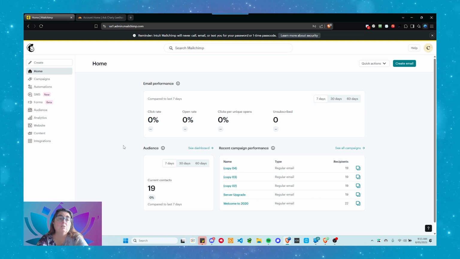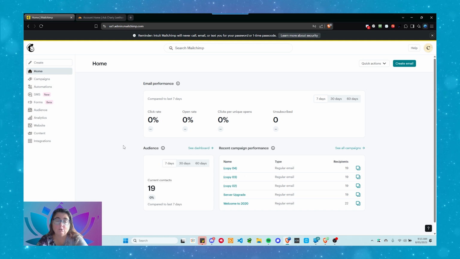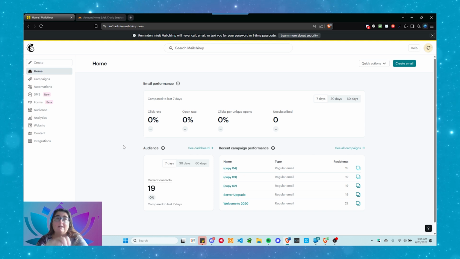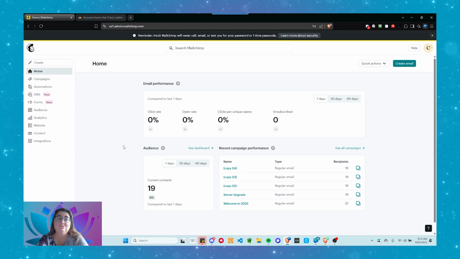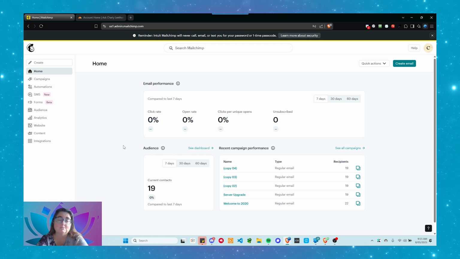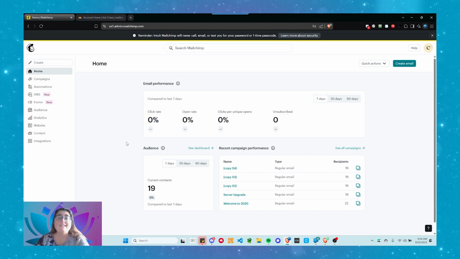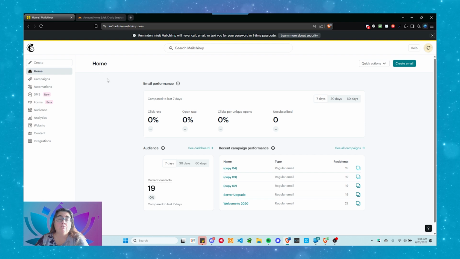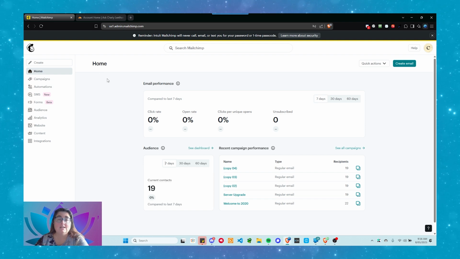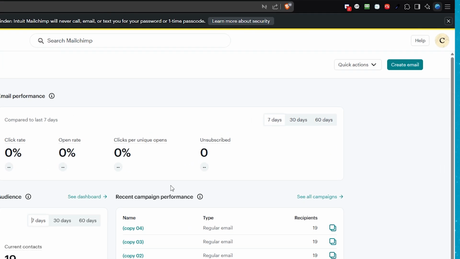So what I'm going to do is I'm going to show you how you can add a domain name and then verify it. If you've already got a domain name added to your account, you can skip the first bit, of course, but we'll run through that. So the easiest way to add a domain name or verify a domain name on your Mailchimp account, come into your dashboard, come up to your profile